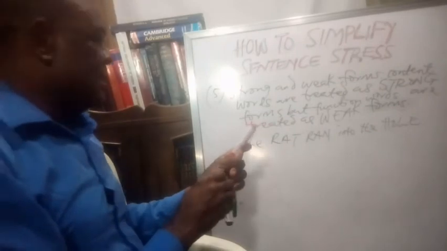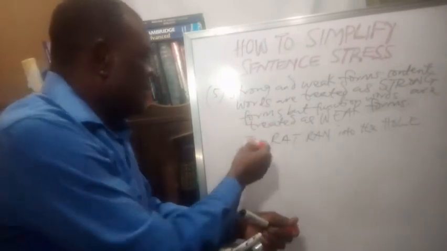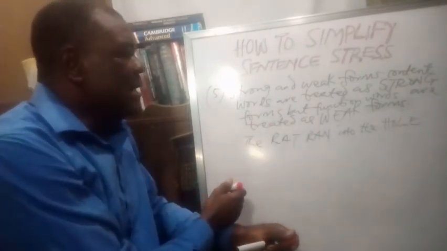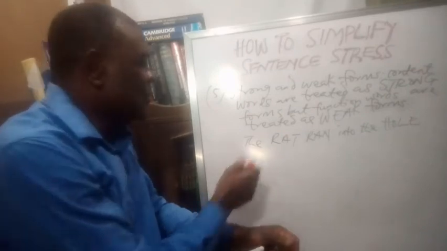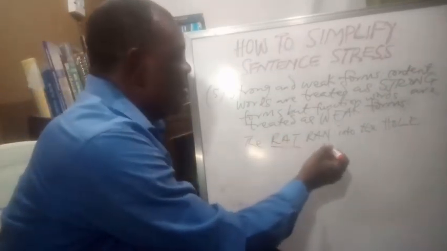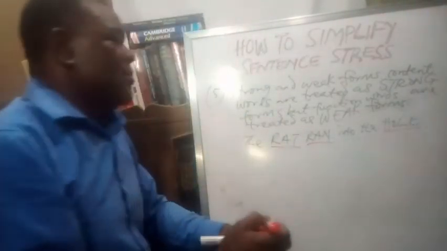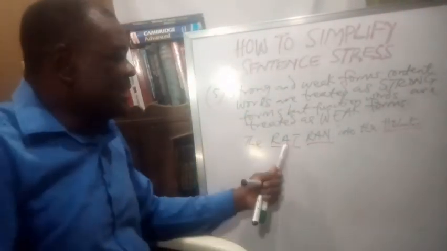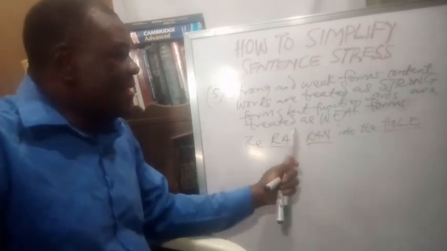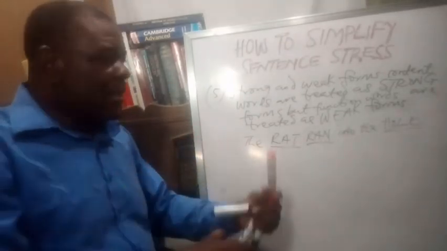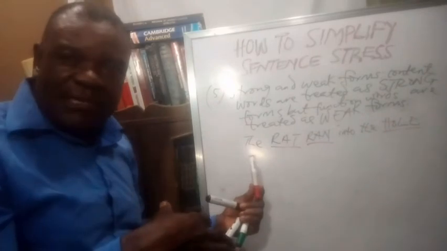Now let's look at this. The rat ran into the hole. Rat is strong, ran is strong, hole is strong. And when we look at these 3 strong words, rat, ran, hole. Now, even if we remove the other ones,